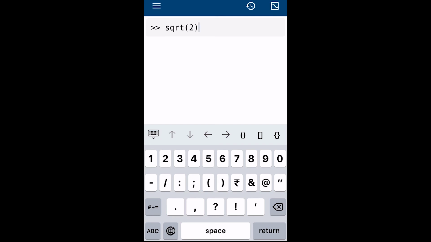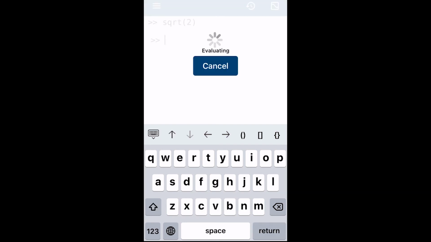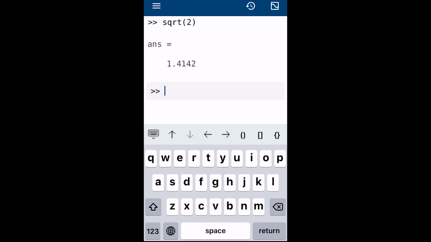So square root of 2. What should be the answer? 1.414, right? So this is your answer. Also, you can do the same thing. You can find the square root of 2 in a different way. Let's say x equal to